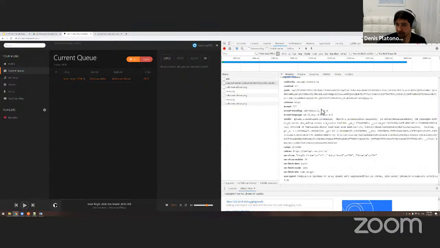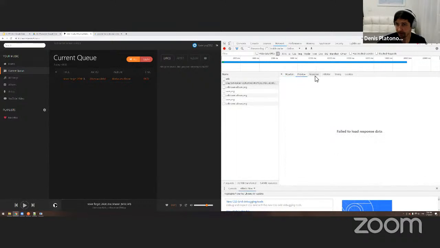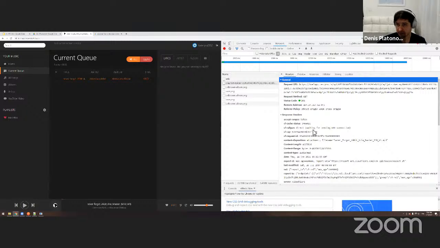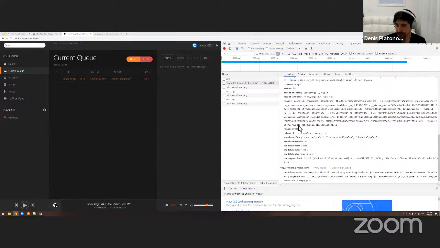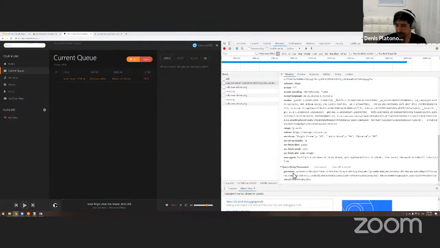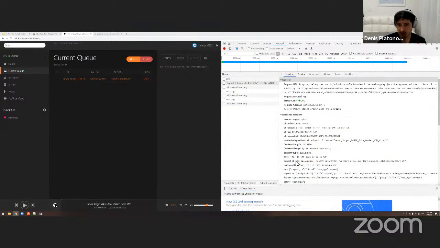Not 200, but 206, very special. If it's something else, then probably it's not working. And the JWT token is actually in the query string parameters here. So you can reverse engineer and do the same in Postman. It will probably take you one minute to figure this out. It shouldn't be too bad.